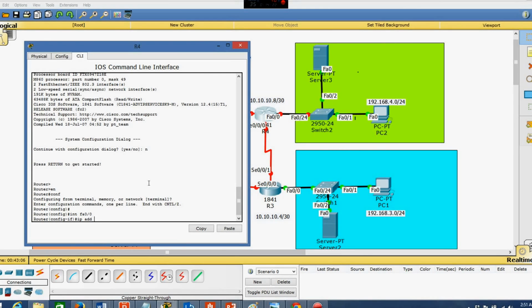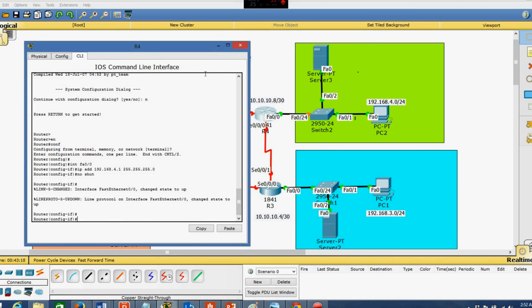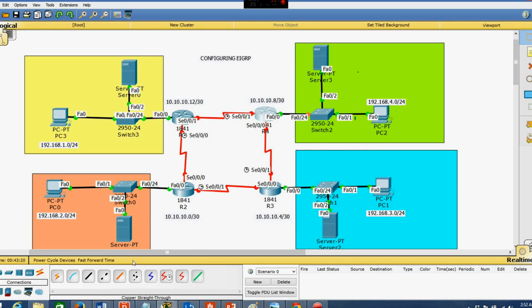where when you have sub interfaces, then you wouldn't have to assign an IP address to that interface. But let's do 192.168.4.1, 255.255.255.0. Do enter. I want to do no shut. That should be up. Okay, you want to close this and do fast forward, and then if we come right in here,